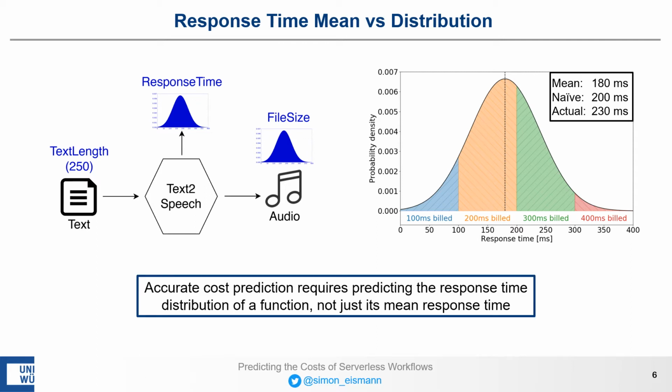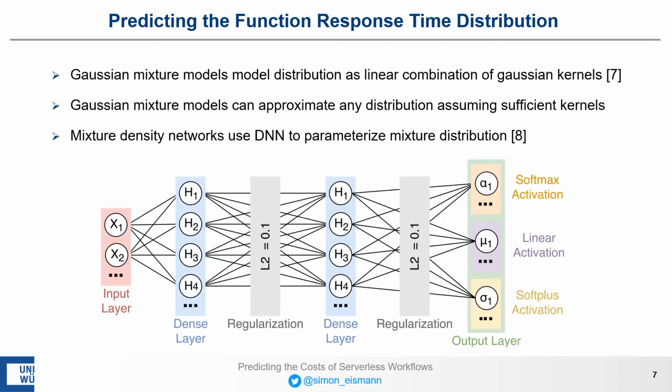So what this means is that if we want to accurately predict the costs, we have to predict the response time distribution of a function, not just its mean response time. To predict these function response time distributions, we use mixture density networks, which are deep neural networks that parameterize mixture